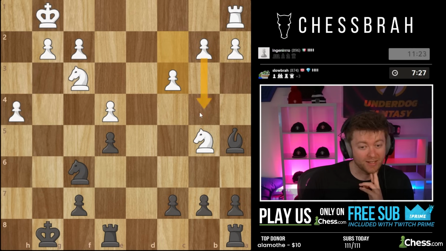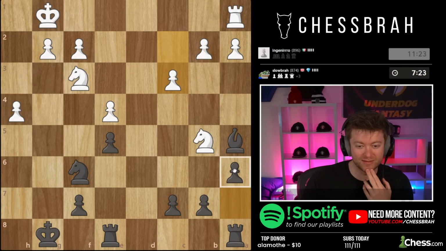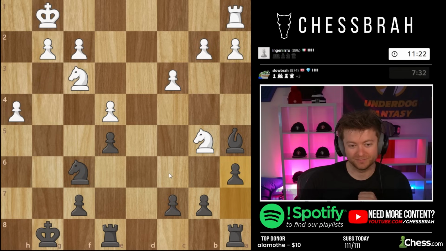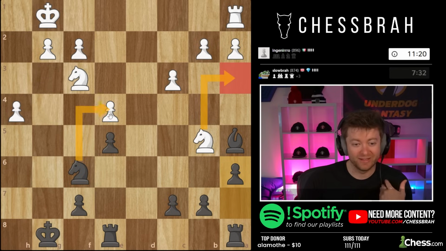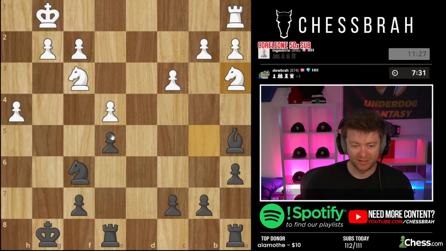You go c3. Guess what? He wants to play b4. That's obvious. Let's kick the knight out. And the knight has to go here. e4 is hanging. Lots of good things about this position here, but I'm seeing this